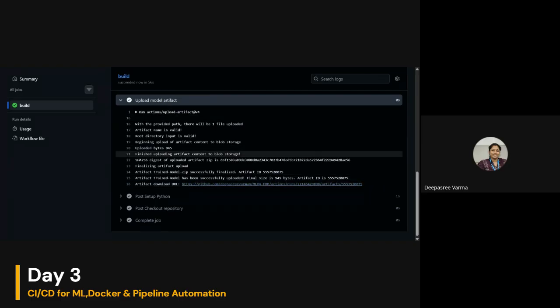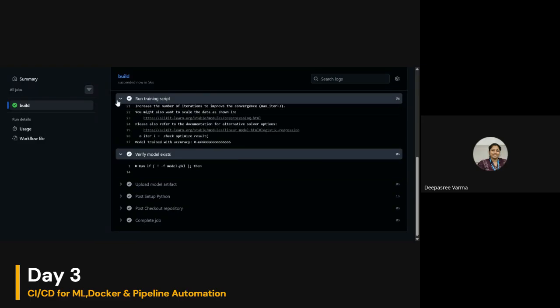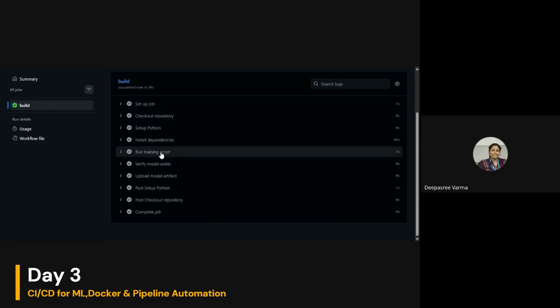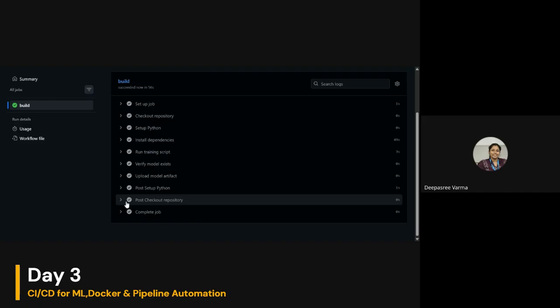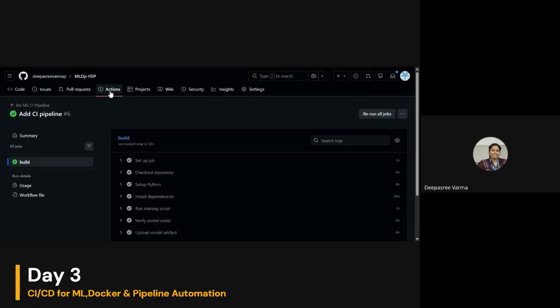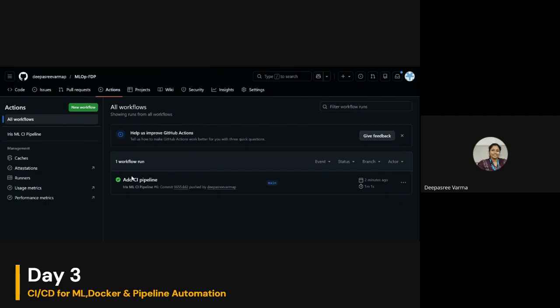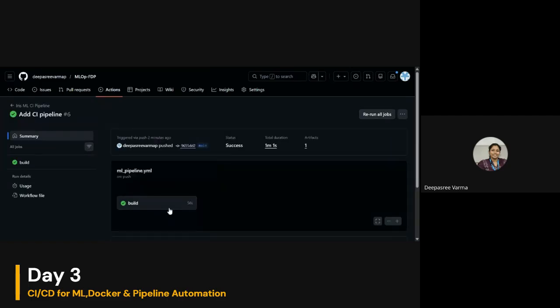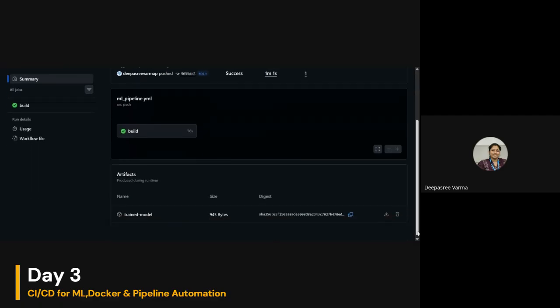If you want to download the new model, you can see it is available in this repository in GitHub. The new artifact, the new model that we developed as the continuous integration part, has been uploaded here, right? So anytime I make a change in the model, I can just do this. It will run again and the model will be stored. If I go to actions and go down, you can see the trained model artifact is stored here.